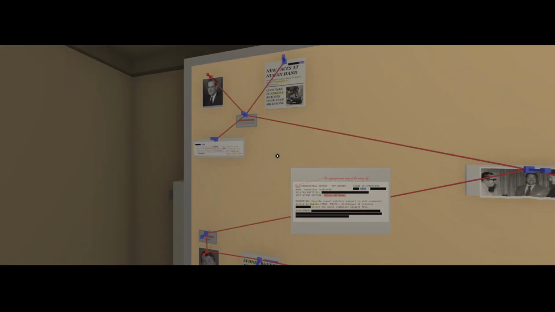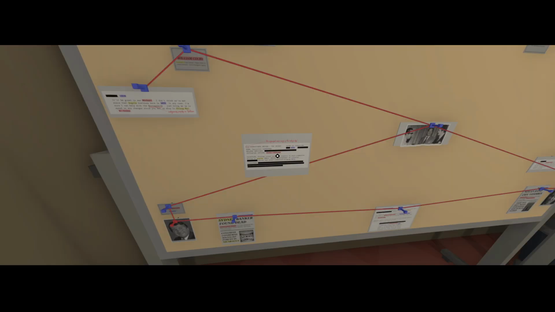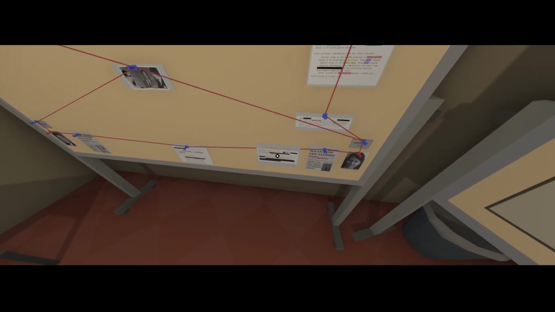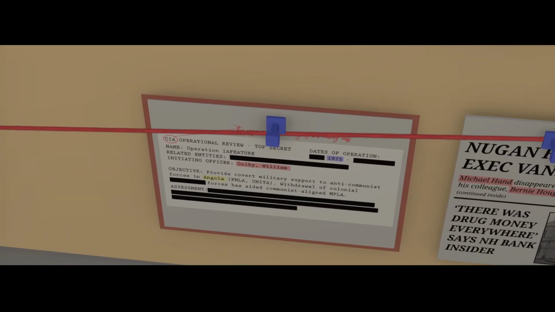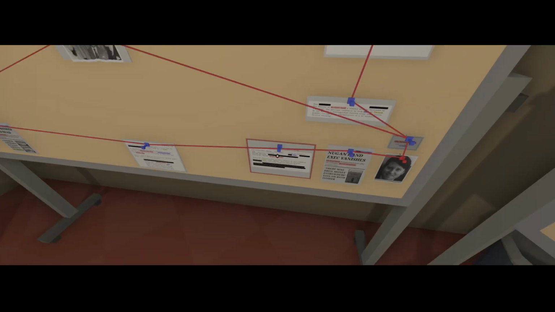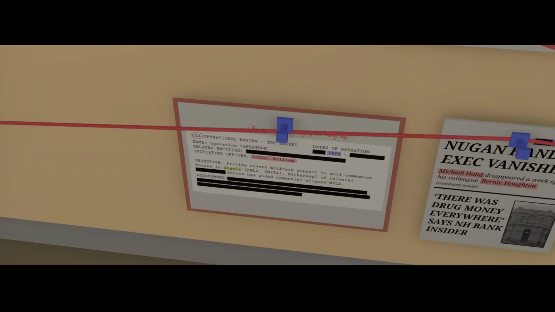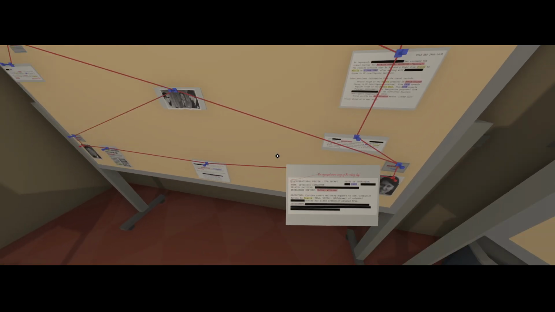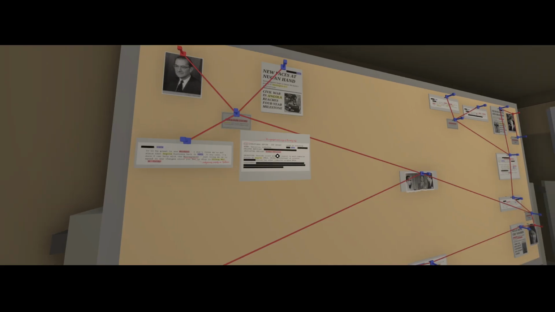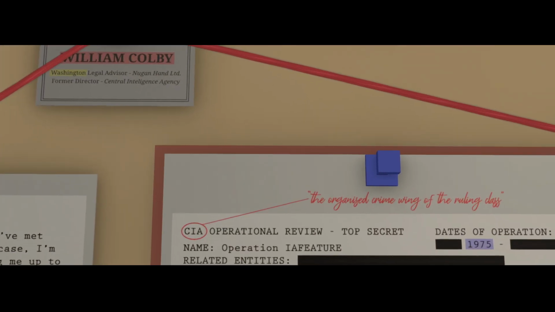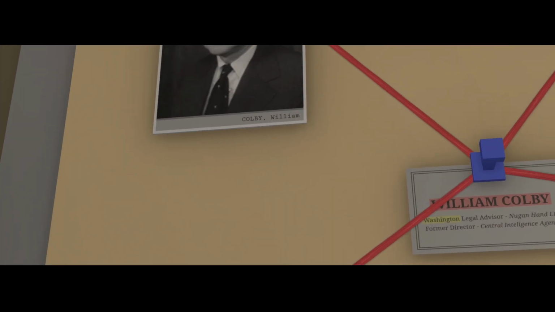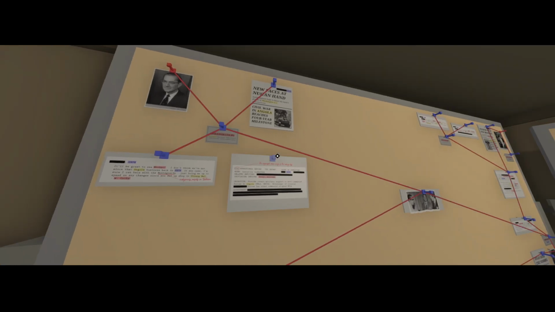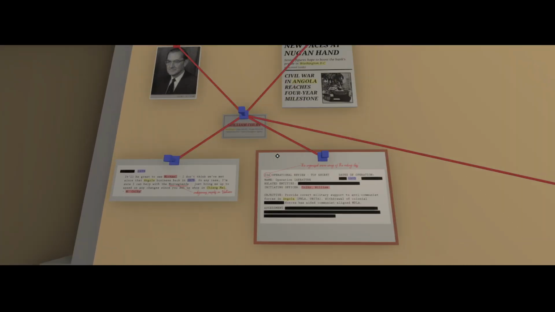Okay, so this is for Michael. Where's Michael? Michael's down here. CIA Operational Review Top Secret Dates of Operation 1975. Wait, that's for Colby Williams. My bad. But it was in there with Michael Hand. Okay, so this is Colby.